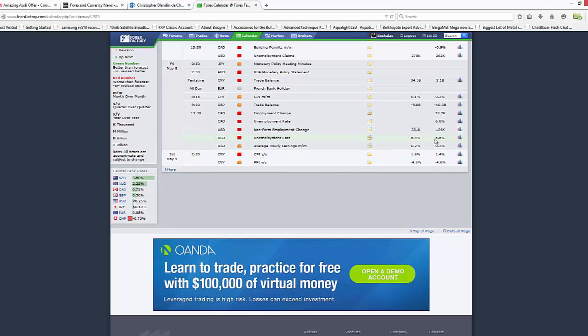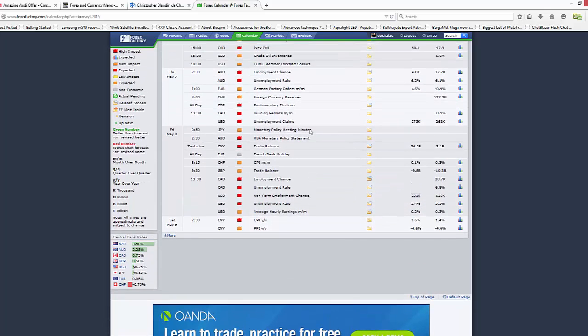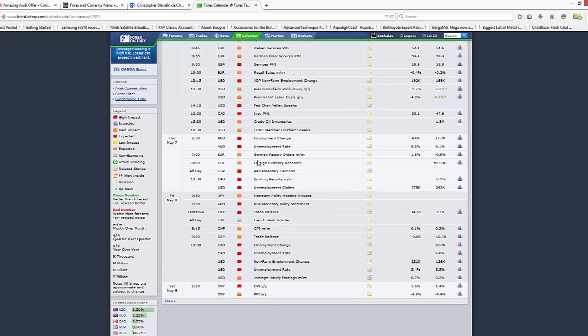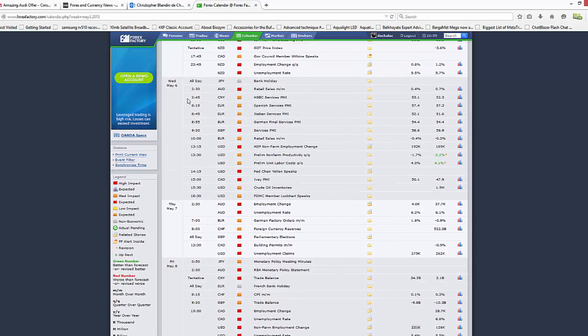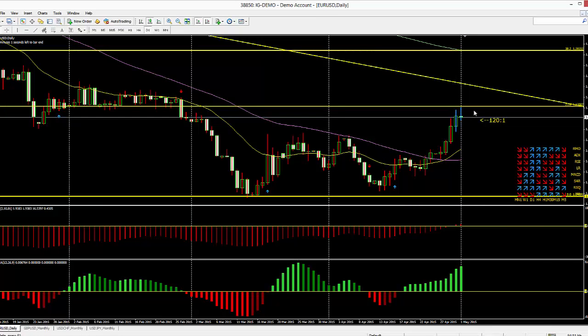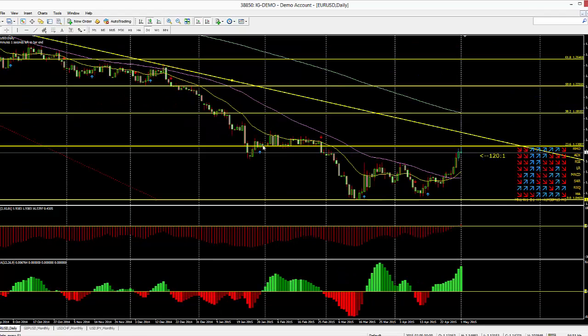The unemployment rate is expected to drop slightly to 5.4, and that's what we would like to see coming out of the US market. If we go down onto Wednesday, the 6th of May, we also have the ADP non-farm employment change figure, and they see a rise there as well. So employment up, that also has a positive effect on the US dollar. So if that is the forecast, and we do see that happening on the charts, then we could clearly see a reversal continuation with the long-term bias here for euro, which is weakness at this level.